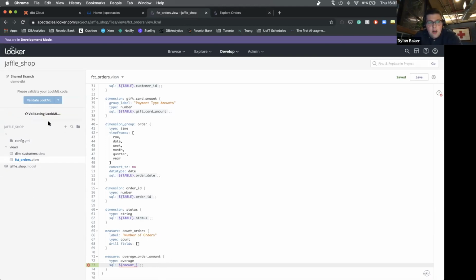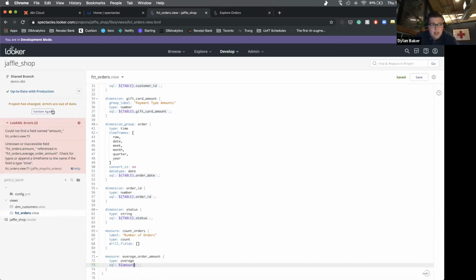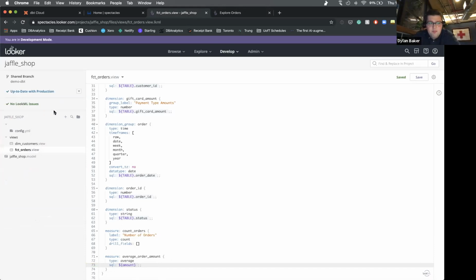When you validate your code, it will tell you that there's a bunch of LookML errors, the field amount underscore doesn't exist, go and fix it. And it stops you in most instances from pushing changes that cause compiler errors on the Looker side. And so I will go and save that, I will revalidate, and that will pass.